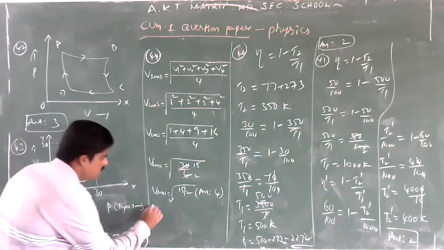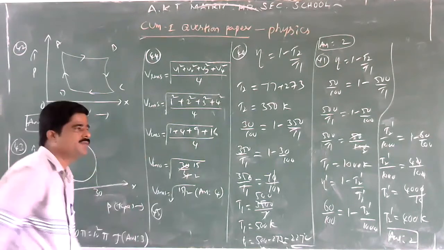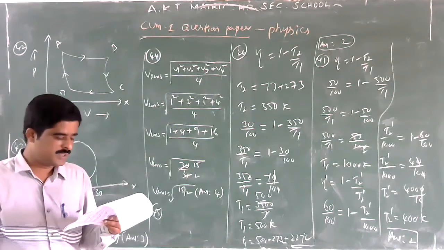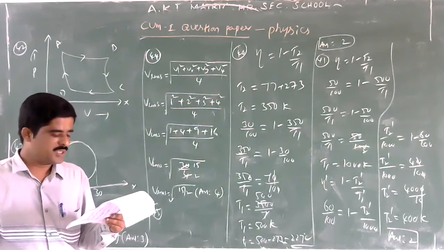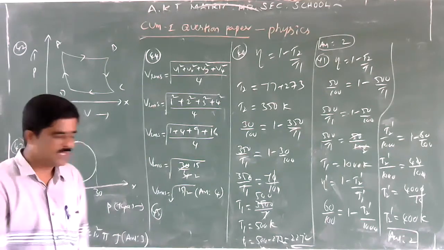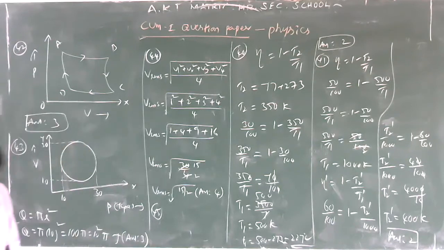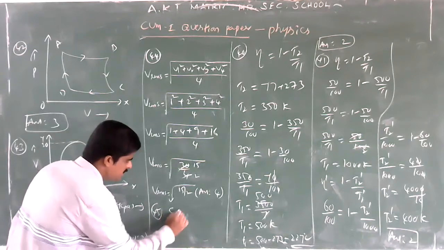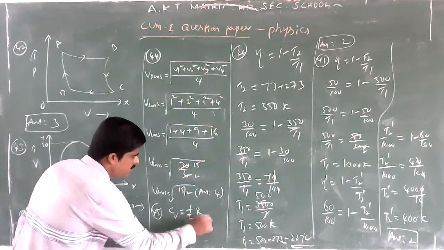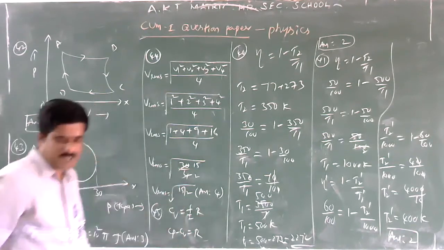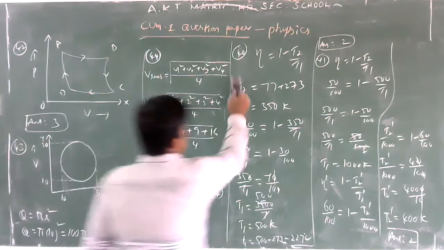Okay, next, the last question, 45. If a gas has F degrees of freedom, what is the ratio Cp by Cv of the gas? The ratio of Cp by Cv is equal to gamma. So what is the value of gamma? Generally we know that in terms of degrees of freedom, the specific heat at constant volume Cv is equal to F by 2 R. But Cp minus Cv is equal to R. So find Cp first.